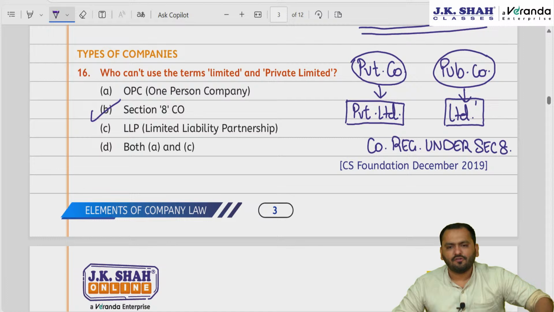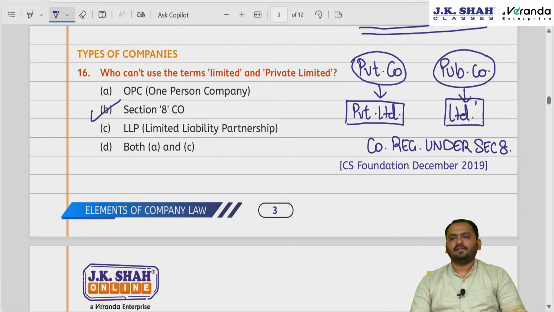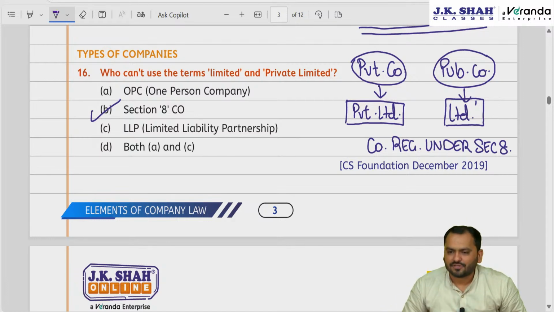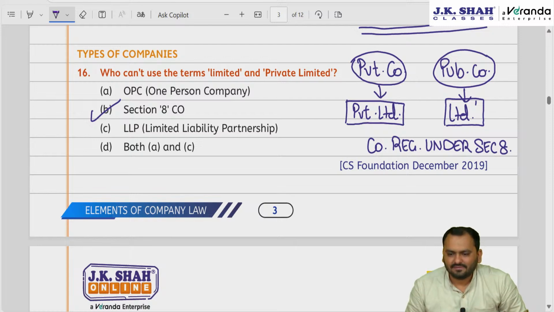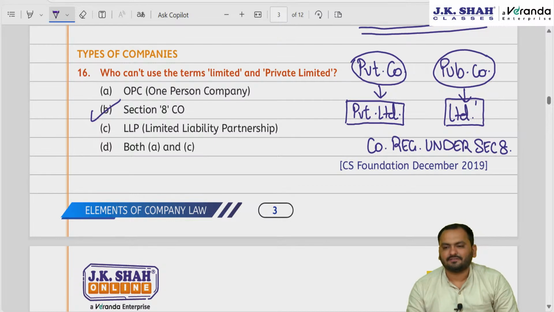Yes, are you all solving along with me, friends? You can definitely write the options in the chat box so that I can see what answers you people are giving, and also please understand the reason for each and every MCQ. Yes, can we go ahead? Yes, I hope you have understood this.